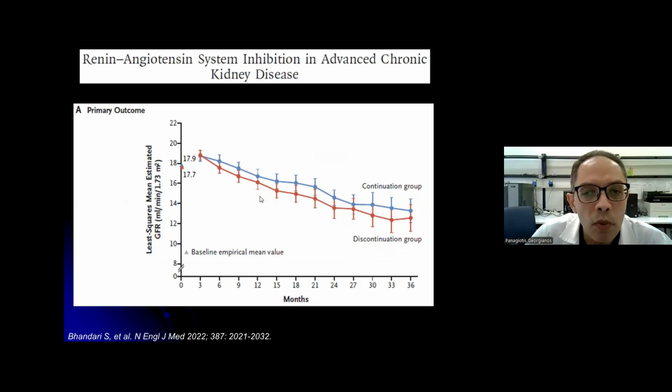With respect to the primary efficacy endpoint, at 3 years of follow-up, the least squares mean eGFR in the discontinuation group was 12.6 versus 13.3 in the continuation group. This small between-group difference of 0.7 ml per minute was not statistically significant. However, this difference was still in favor of patients who were randomly assigned to continue therapy with an ACE inhibitor